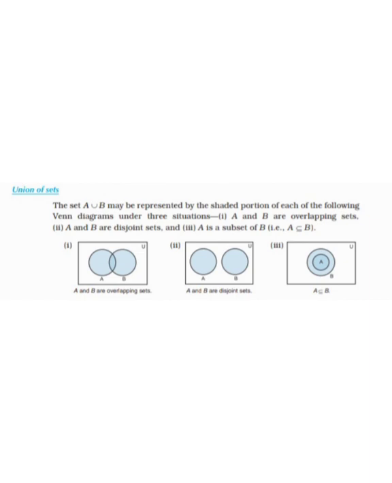Union means you already know that both A and B fully are taken for the set. That is the A union B set. The second one is A and B are disjoint sets. Disjoint means they do not join anywhere, but inside the universal set you take A on one side and B on the other, with nothing in common. The third condition is A is a subset of B. That means A is inside B, so A and B will be fully shaded, though A lies inside B. This is the union of sets.